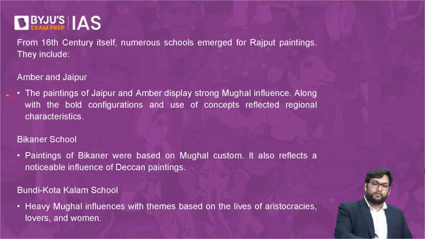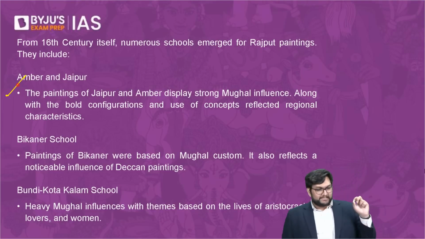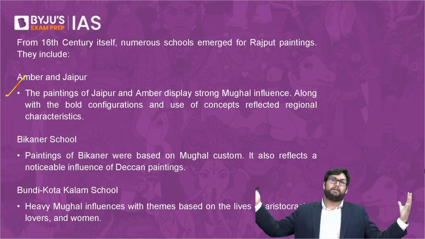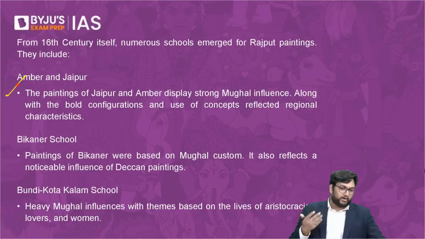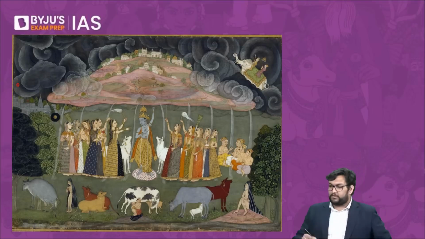This comes from the Amber and Jaipur painting tradition, and this has bold configurations, meaning big configurations, very big paintings, but with strong what we call Mughal influence. Then comes the Bikaner school. When we talk about the Bikaner school,